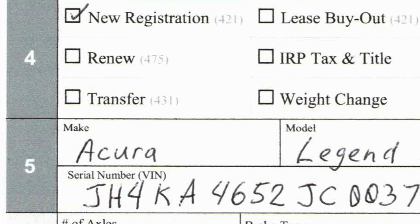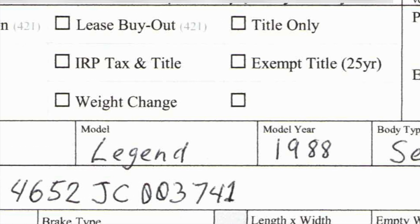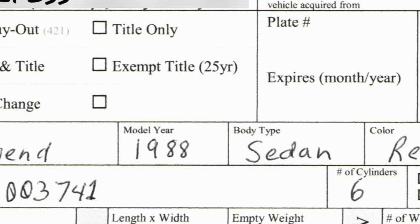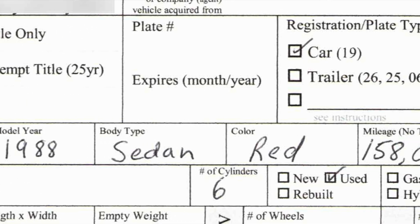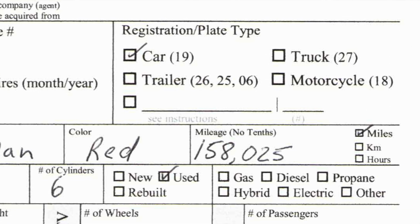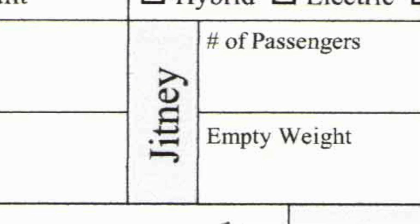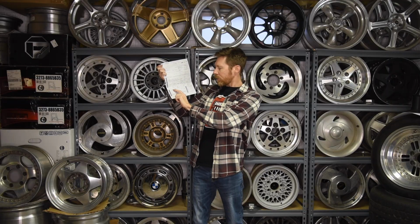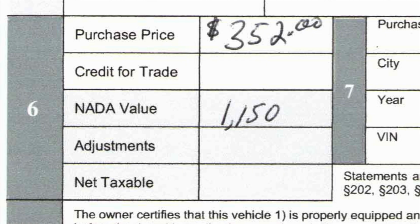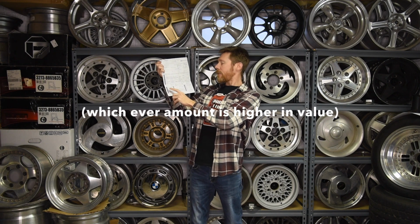And you want to check new registration, and then you put in your vehicle information: Acura Legend, 1988, sedan, red, the mileage, and it's used, 6 cylinders, the VIN number, and car. This is all for heavy duty trucks, motorcycles, ATVs down here. Leave all that blank. And the purchase price, $352, but they actually charge the tax based on the NADA value,